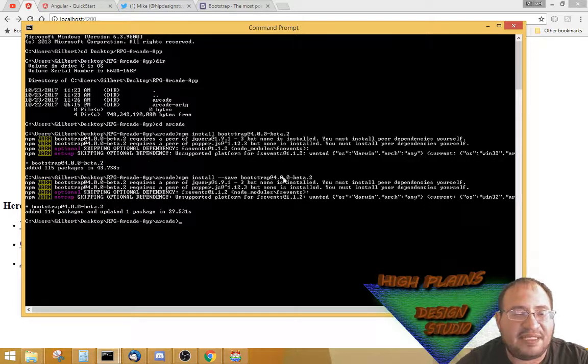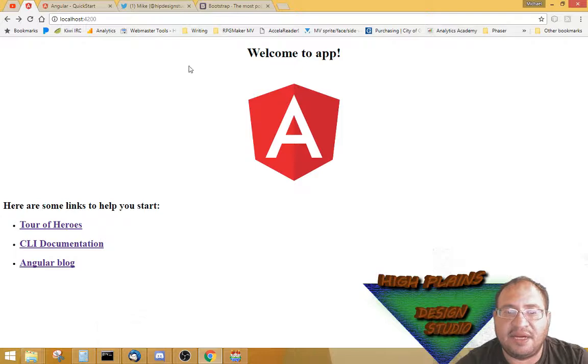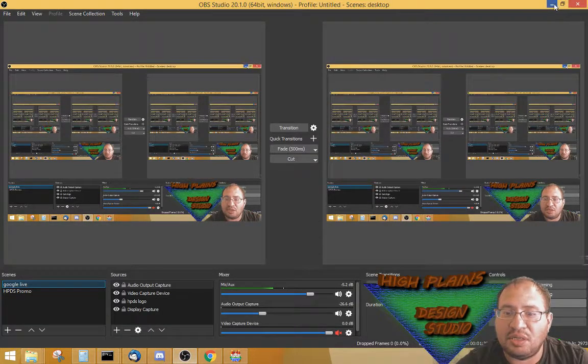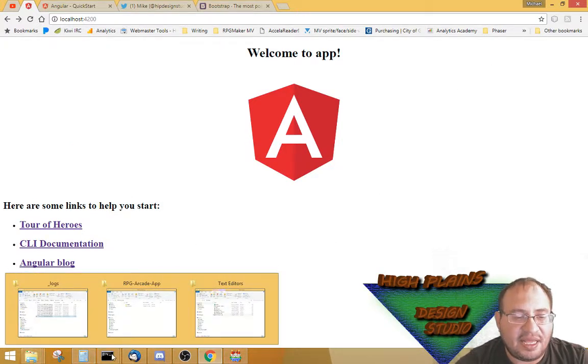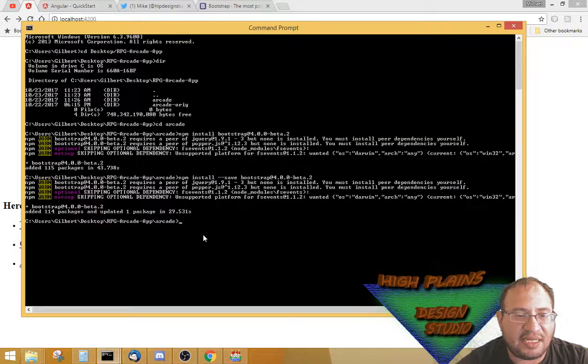Anyway, I had to fix that because it turns out when I had made the app originally, I made it in the users Gilbert directory, and it has different user settings than the desktop and the documents. So I just went ahead and remade the Angular. If you remember how to do that, it's just ng new, and I just recreated it, and then this time I went back in and did, you'll see where I wrote it right here,